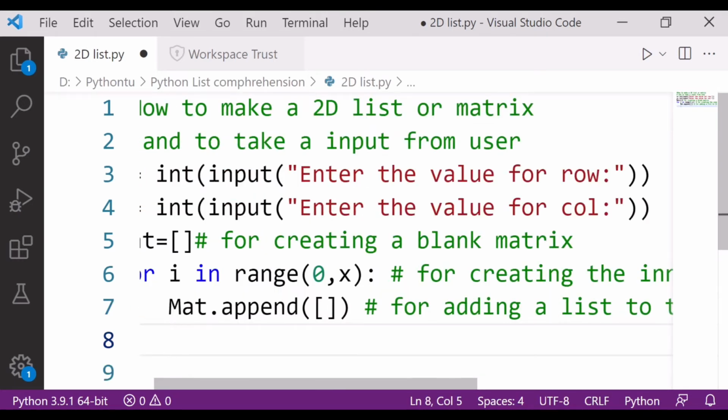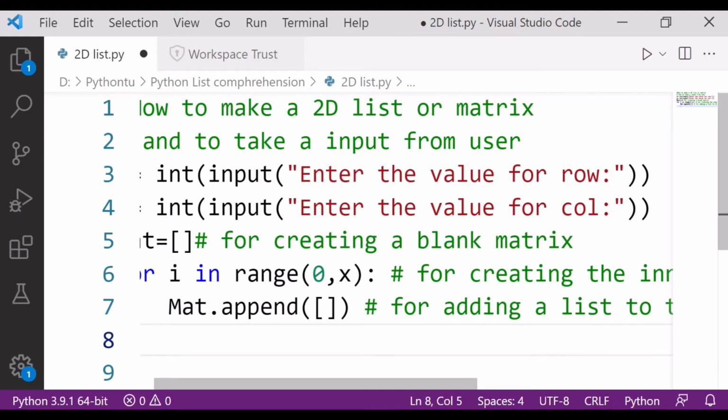Fine, I hope this one is clear to you. Now the next thing: I have to insert the elements. Now I have to create the number of elements in the rows. So let's start with that.